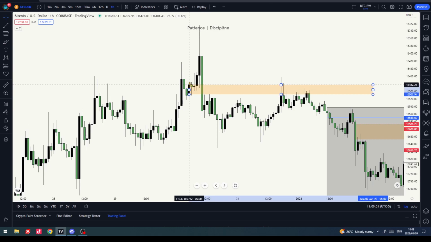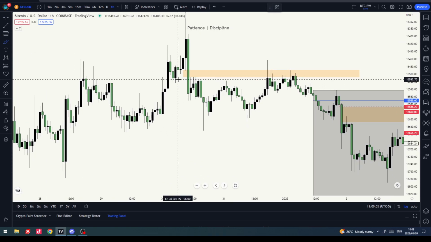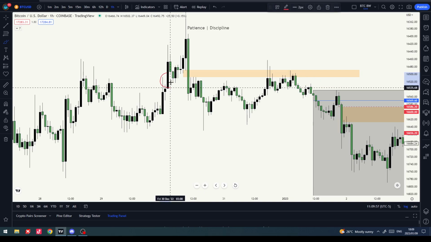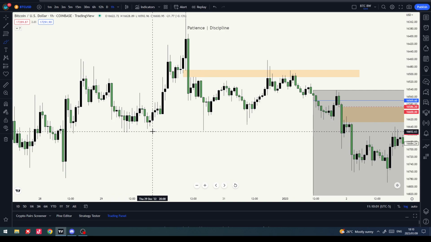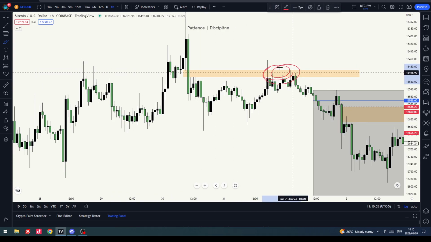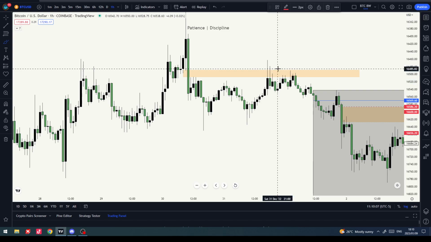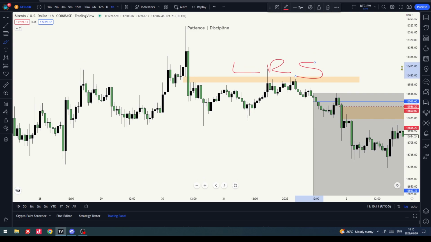We have an FVG here, breaking through previous lows that rebalanced FVGs inside here. Market structure shift. When price comes back into the FVGs here, that's where we're looking for sells. This becomes a low risk sell. Even though the stop's pretty far away, you want to be looking for sells in here.